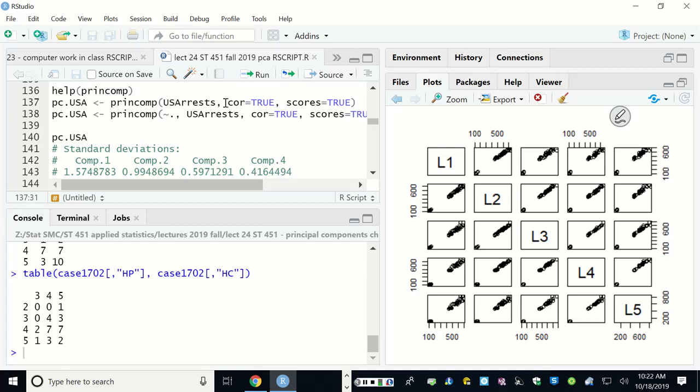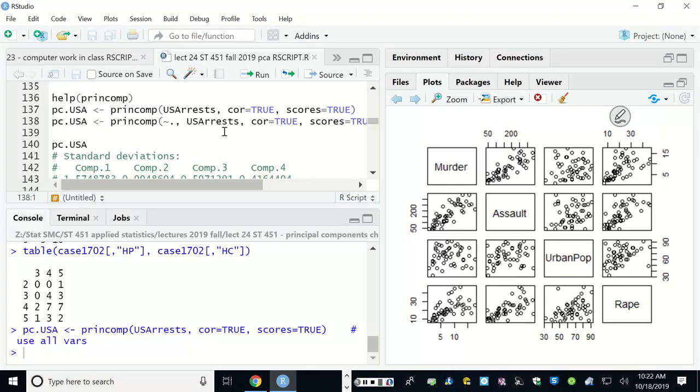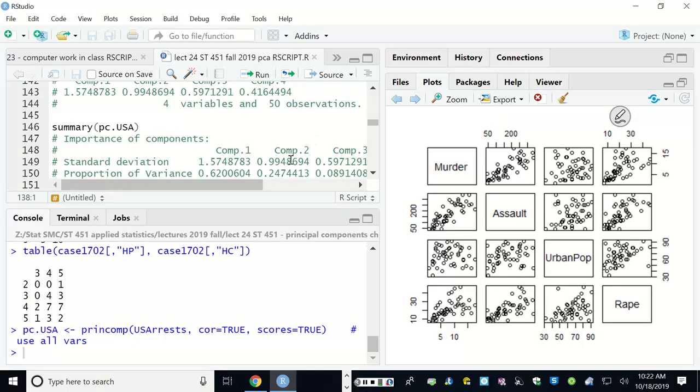This USA arrests, right? If you want to look at, so there's 4 variables on that. Let's go back to that, right, of these. Now, is there any kind of overall factor underlying these things? Is there some dimension that describes the patterns among these many variables? So if you use principal components, you can specify it a couple different ways. And it says that there are,